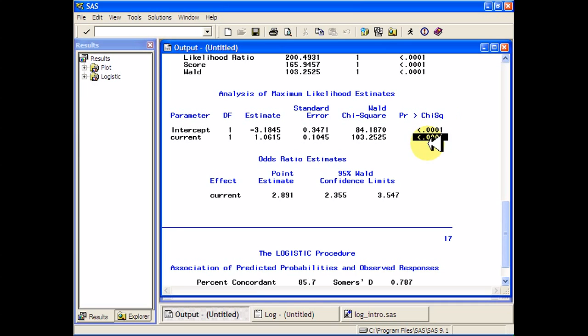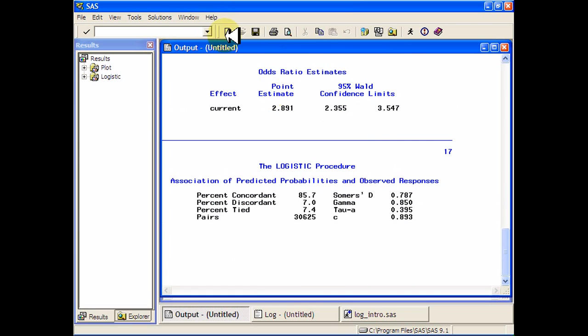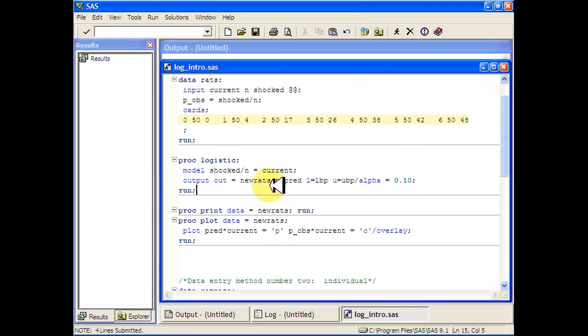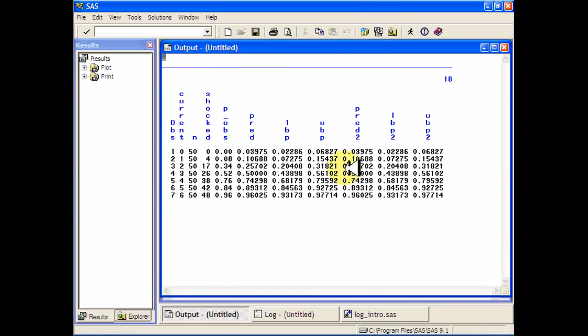And then from this new data set that we just created, we can create this plot down here. Here's the data set that we created. So you can see these are the current levels